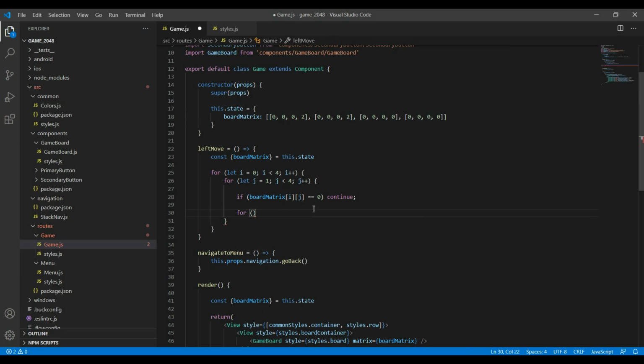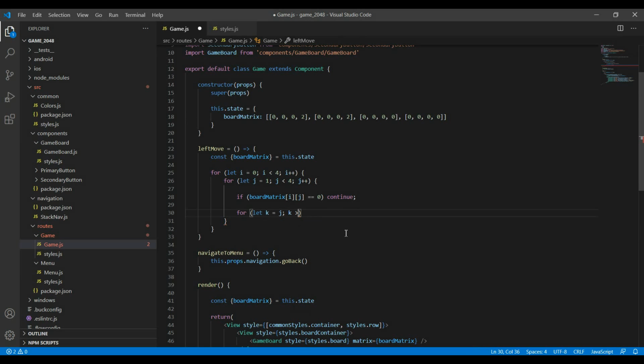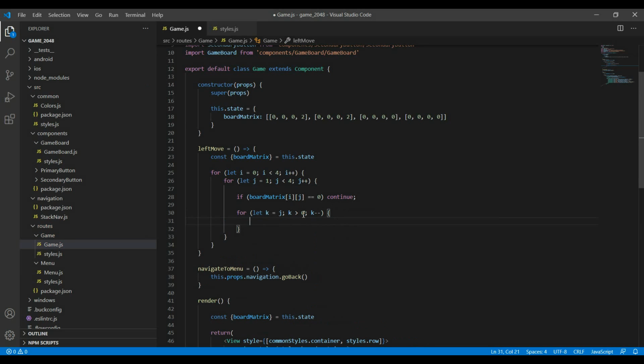So I do for let k equals j. So I start from j now. So if my 2 is right here, then my j will be 3. So k is equal to 3 now, and then I say that k is greater than 0, actually greater than 0, and k minus minus. You'll see why I didn't use equal to 0 in a minute. So here I just check if boardMatrix of i comma k minus 1 is equal to 0,